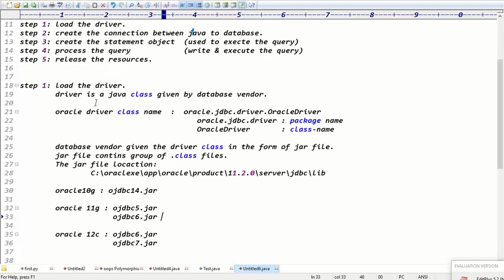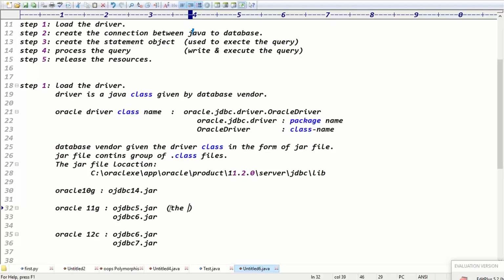Sir, what is the difference between 6 and 7, or 5 and 6? These are jars. Basically, what does the jar file contain, guys? Dot class files, right? Exactly, classes. These classes are compiled.